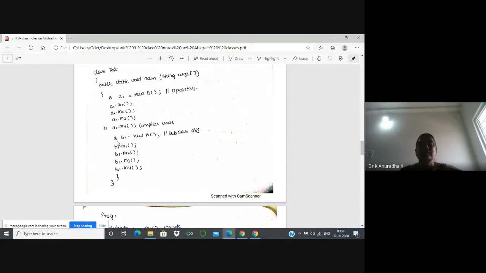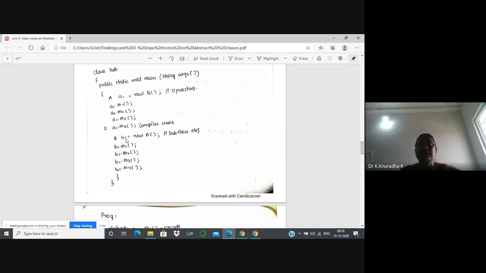After that, this is normal. Here nothing special is there. This is like inheritance. We can create a subclass object now. B1 is equal to new B. It is a subclass object. So with a subclass object, we can access all the members of the superclass and subclass. That's why I can access with B1 because it is a subclass reference variable. M1 I can access, M2 I can access, M3 I can access, and M4 also I can access.